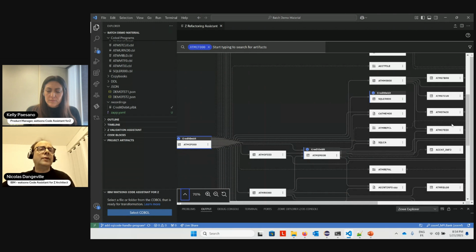But you see, my execution trace has highlighted the programs that actually have been executed. You see, this program here triggers plenty of other programs, but the ones that I exercised when I run my scenario, my business process, are these three programs.